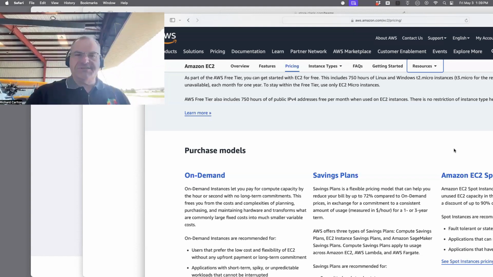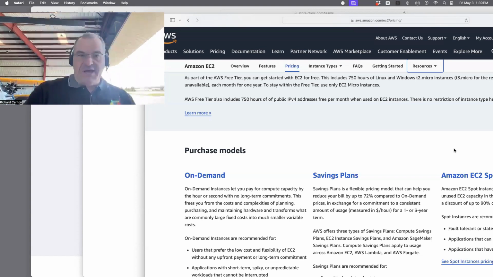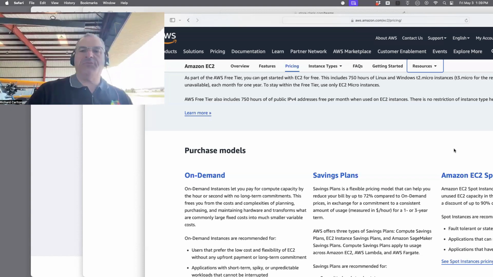The short version is that a T3. T is a burst kind of server. So how much is a T3 large? Can you bring that one up so we can see the specs on it? It's what we basically recommend to people.